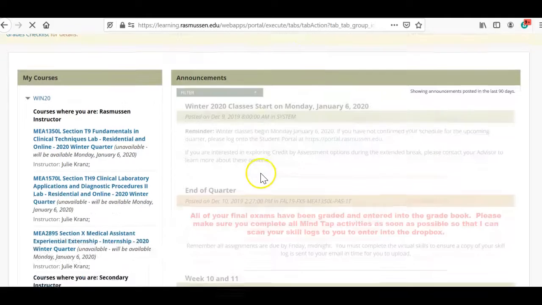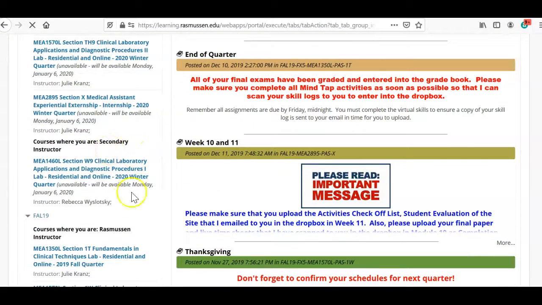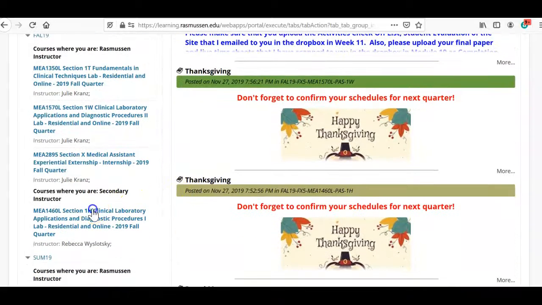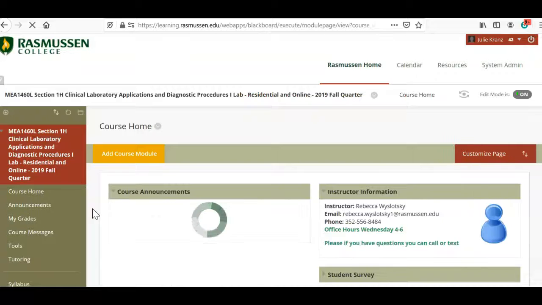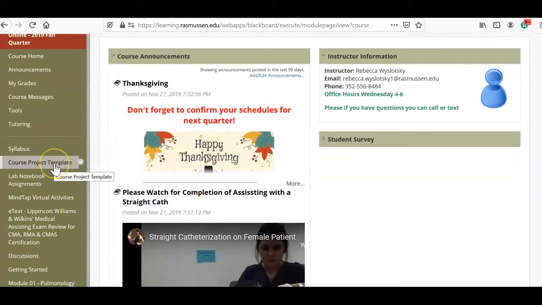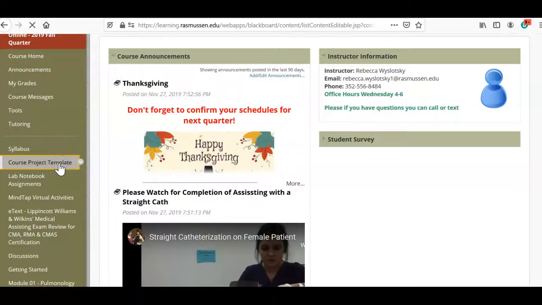I want to show you one little kind of odd thing that you're going to have to do. So this is your new course here, and then I'm going to go into your old course, which is right here. So remember we talked about moving some of those things that you wanted in there. So for example, this course project template. And then these lab notebook assignments, okay? What I was looking at is if I go into this and click on it,